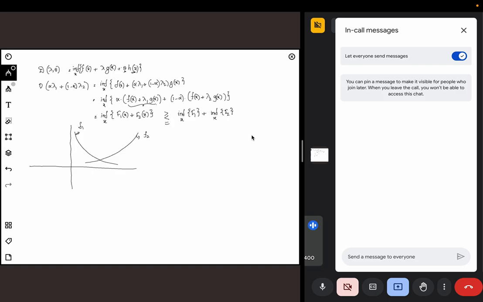When I do f1 plus f2, it will be something higher than both f1 and f2, keeps reducing, and then it will go something like this. This is my f1 plus f2, right? So the minimum of f1 plus f2 will be greater than the minimum of either of them individually, right? In some scenarios, if they exactly match, they can be equal to each other. But in general,